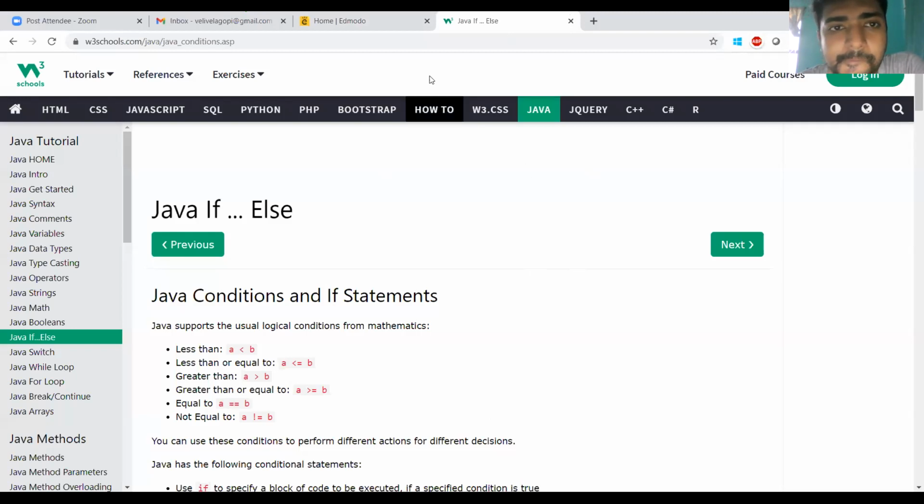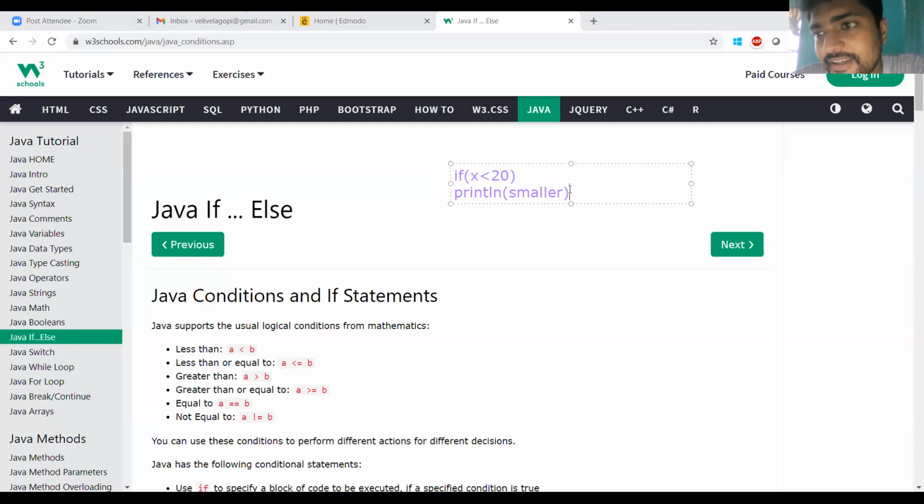Suppose, let us try here. Suppose if x less than 20, so this is the simple if statement.